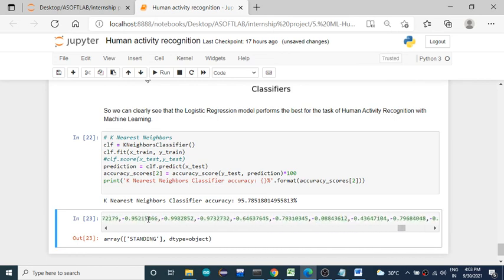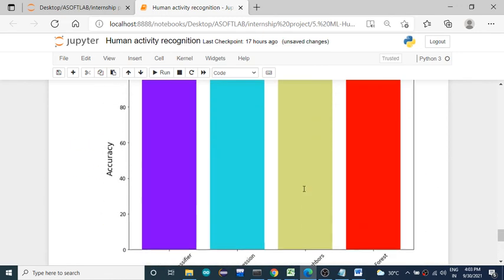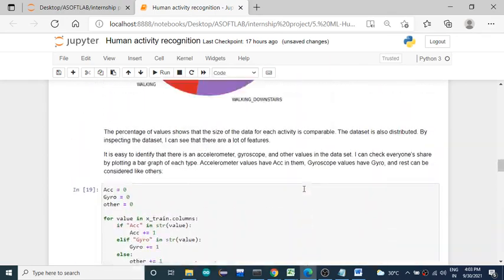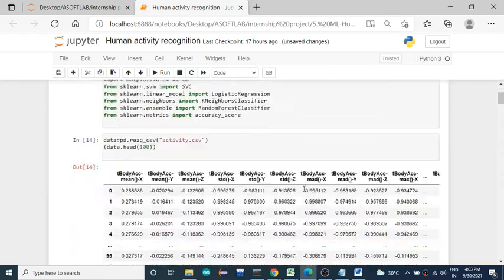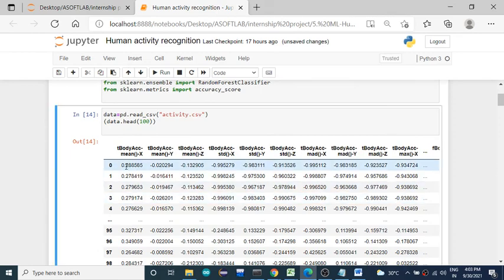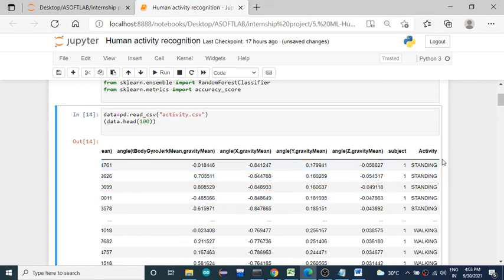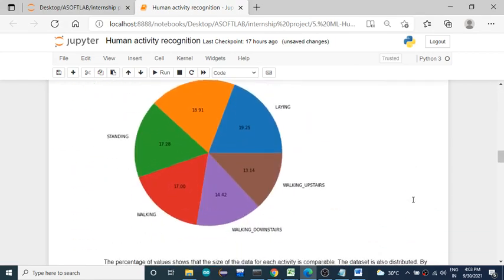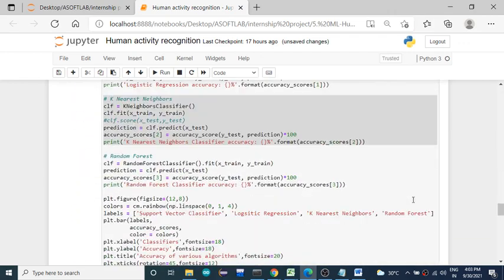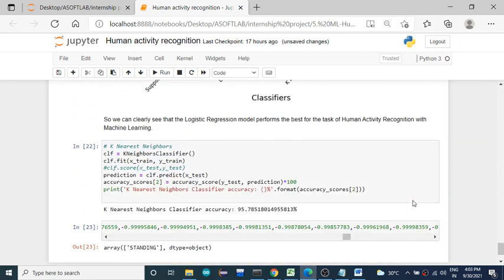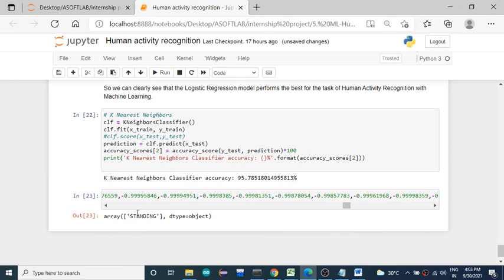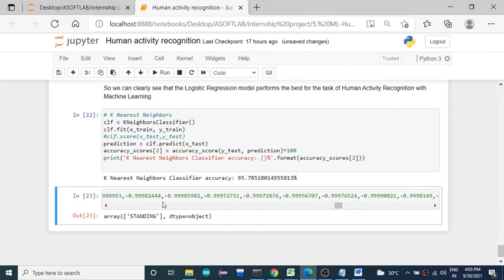I have used the first sample in the data set, so you can check that. What's the result for the first sample? This is the sample I have used, and I'm able to get standing here. After training and evaluation I must get accurate results, because this model gives 95% accuracy. So I get the result standing. This is how you can deploy the model.